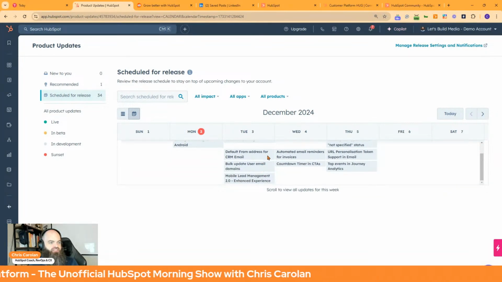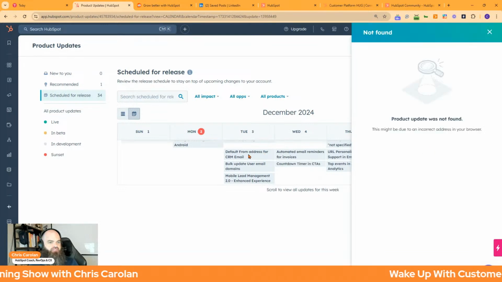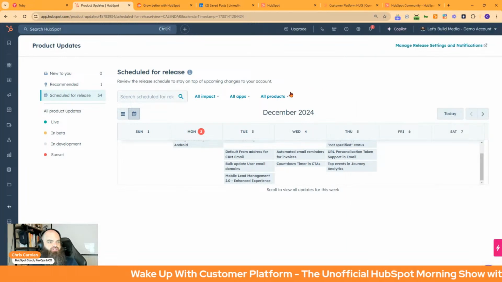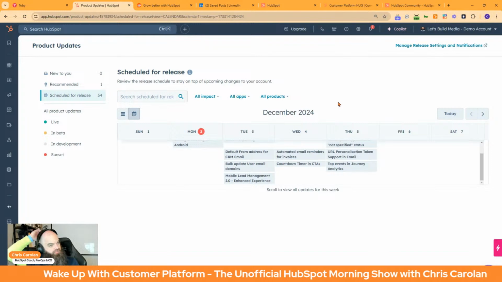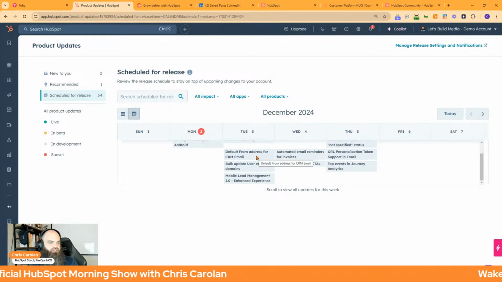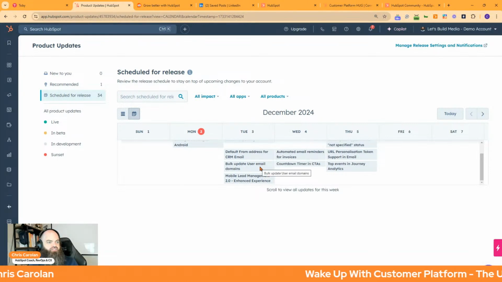Default from address for CRM email. This is a cool update. This is related to being able to manage the different email addresses you can send from in the CRM. You can now change your default from address, bulk update user email domains,